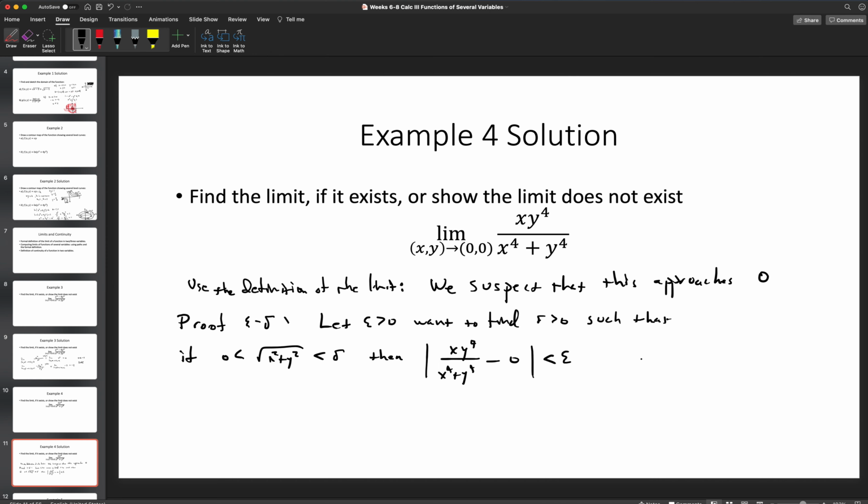So basically what this is saying is that if the square root of x squared plus y squared is less than delta, then to summarize,